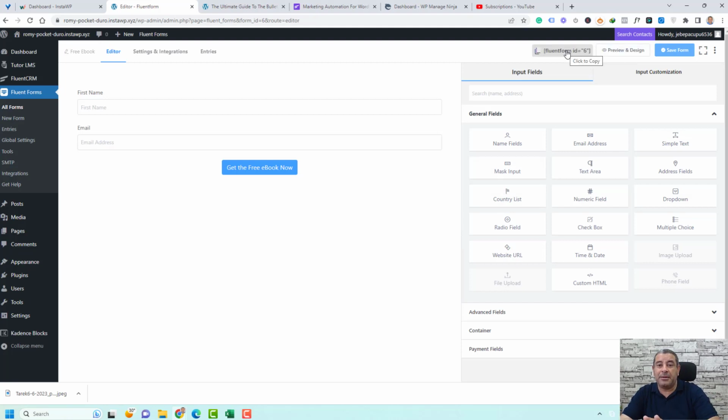If you are using any page builder, regardless of whether it's Kadence Blocks, Spectra, or even Elementor, you can just grab this shortcode and add it to any place on your website. If you are using Elementor, there is a block for Fluent Forms, so you can just drag and drop it wherever you want. For this video, I will be using Kadence Blocks to design